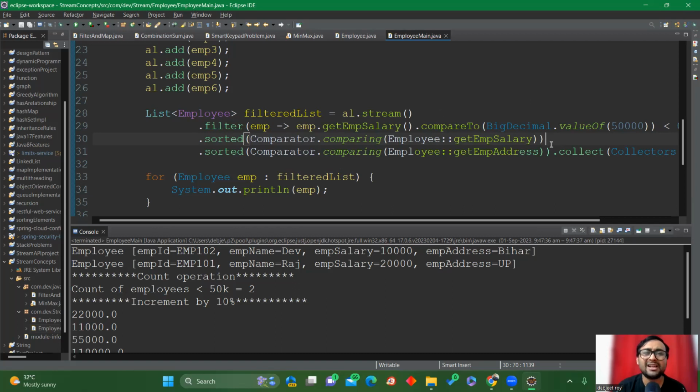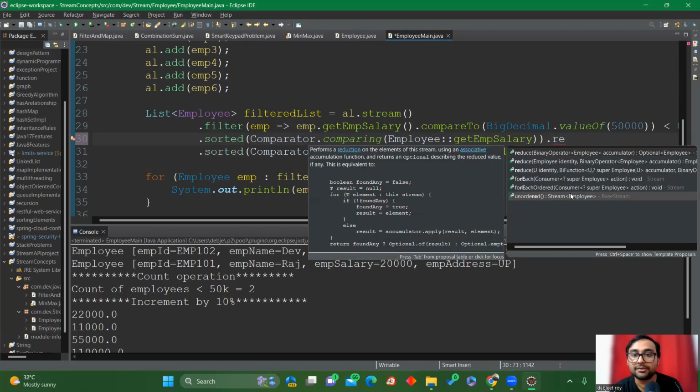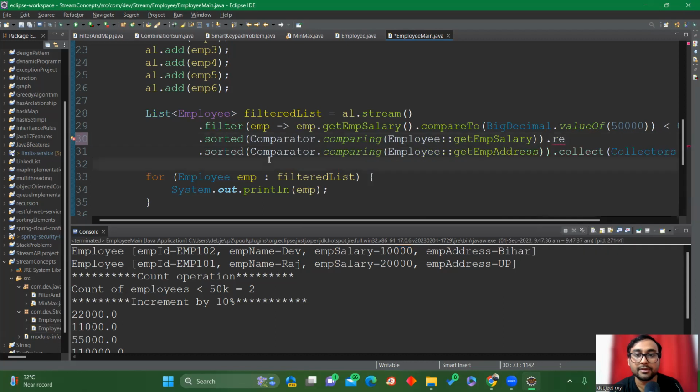If you want to put it in reverse order, how can you do that? If you want to sort it in reverse order with respect to this salary, there is one more method for that. If you remove this,